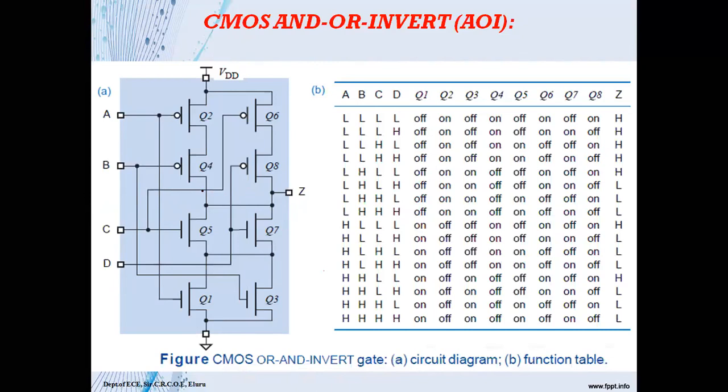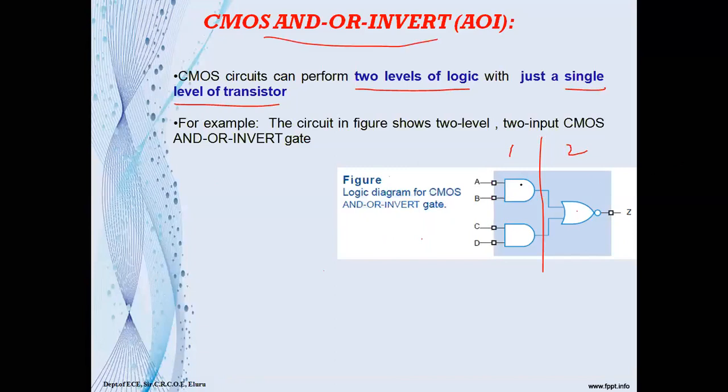But can you see the AND and NOR gates in this circuit? If we describe the circuit components, we can see the 2-input AND gates and the 2-input NOR gate here. So here you have separate AND gates for A, B and C, D. Overall it has 4 inputs and a single output.